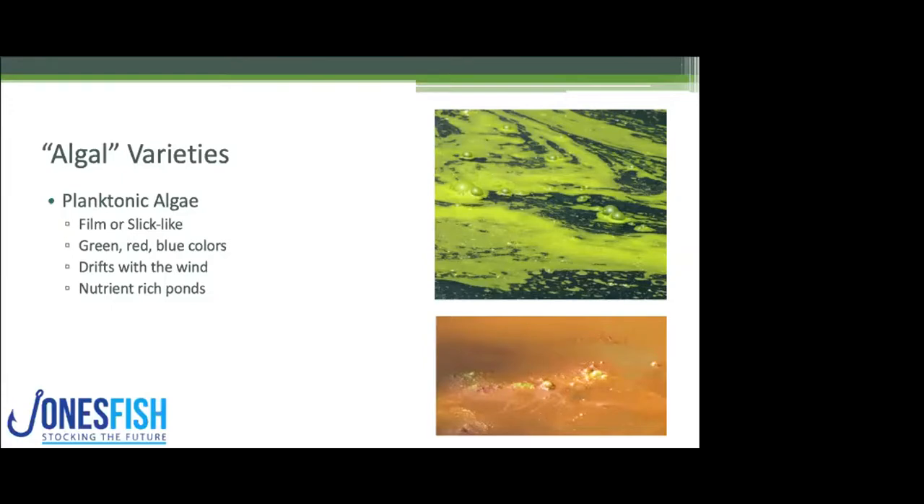Very, very common in very nutrient-rich ponds. These particular species need a lot of phosphorus to grow. So you're not going to see it in your brand new ponds. You're not going to see it in ponds that don't get a lot of runoff or anything like that. It's going to be older ponds with lots of ag runoff, livestock runoff,